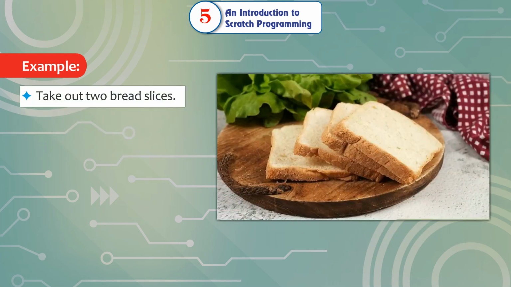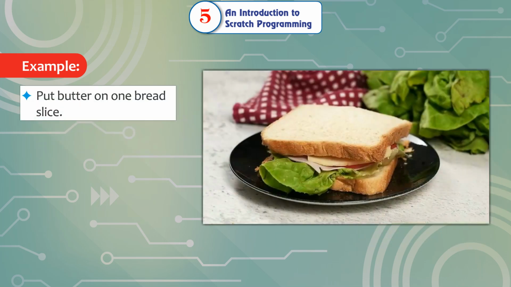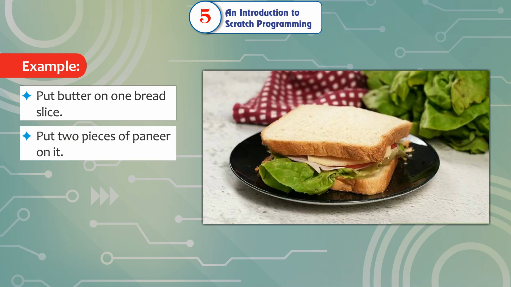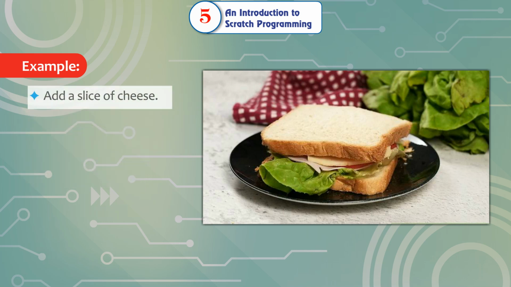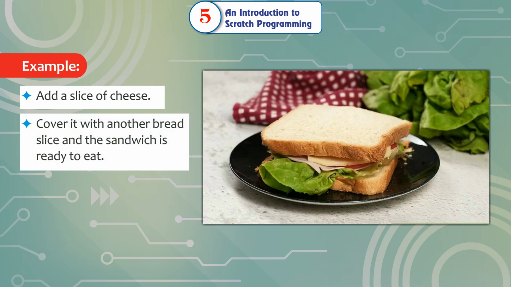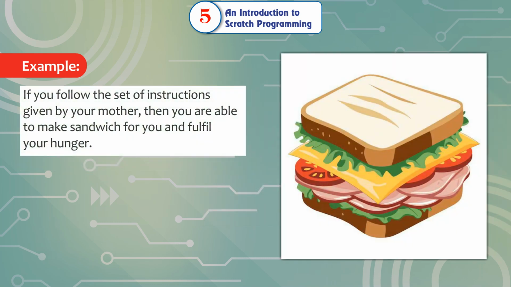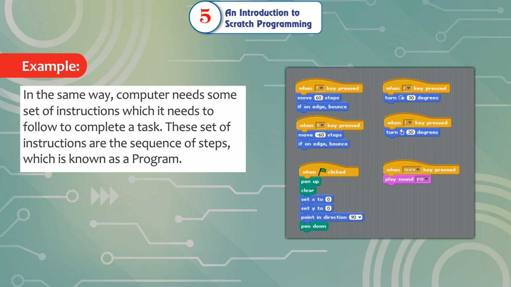Take out 2 bread slices. Put butter on 1 bread slice. Put 2 pieces of paneer on it. Sprinkle some salt. Add a slice of cheese. Cover it with another bread slice, and the sandwich is ready to eat. If you follow the set of instructions given by your mother, then you are able to make a sandwich for yourself and fulfill your hunger. In the same way, a computer needs some set of instructions which it needs to follow to